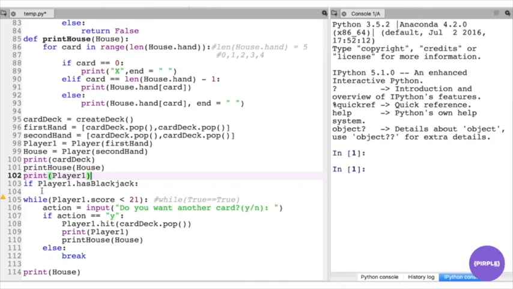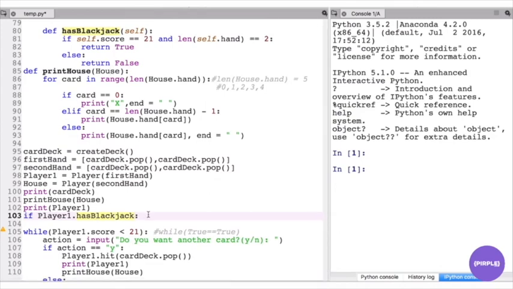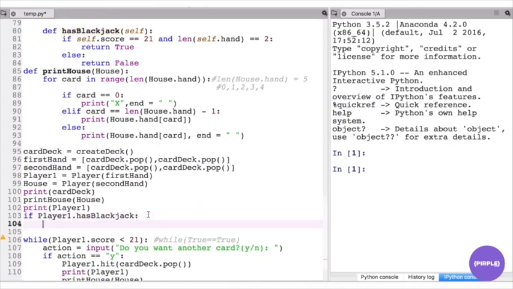And it's the same thing with these if statements. We can put in while some condition equals true, but we can also just put in if true, and that would work too. So this has blackjack is either going to return true or false. And if it's true, this if statement is going to be executed. If not, well, we're not going to execute it then. So if our player 1 has blackjack,